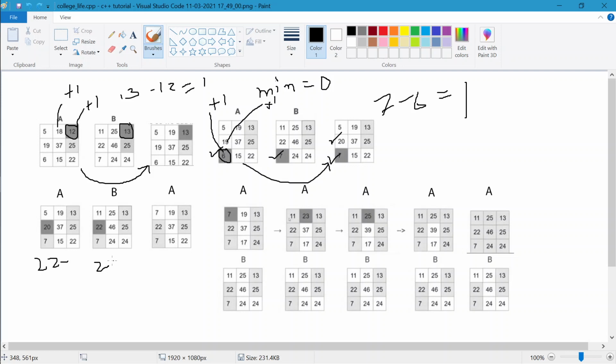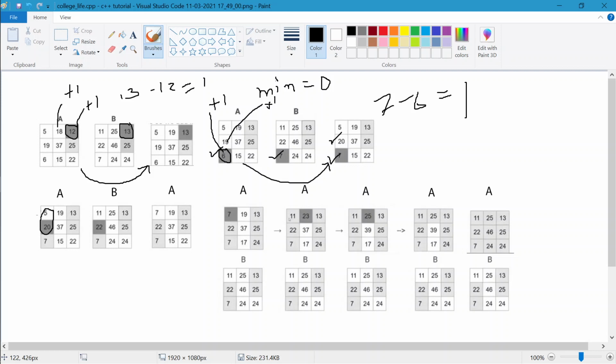Okay, so what you will do, you got the minimum 2, so you will add x to consecutive elements either in the row or in the column. You can do so. So let me add in the column. Okay, so let's add in the column.